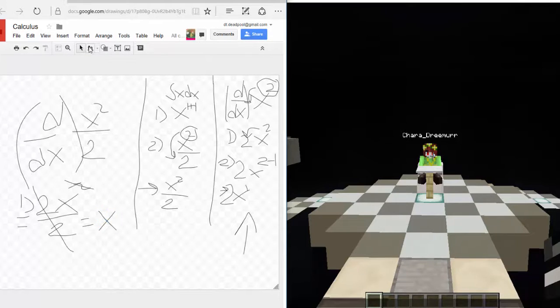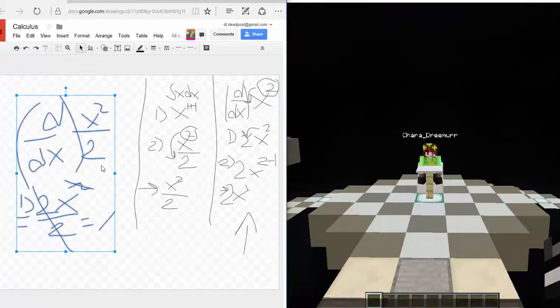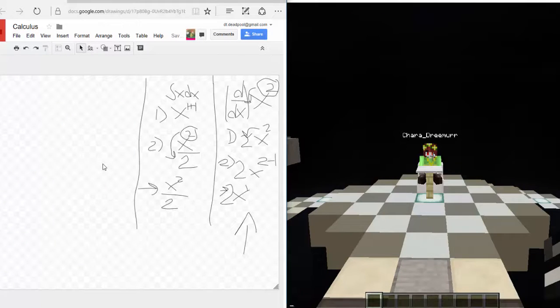And guess what? Look at this. Your answer right here is x, and what did we start with up here? Just up here, sorry, before we took the integral of it. x. Yeah, x, x, x, x. All we did was we took the integral. Oh my gosh. Yeah, so that's how you can check if you got the right answer. If you take an antiderivative and you want to check to make sure it's right, take the derivative of it, and if it equals what you started with, then you're good. x is x, so we did the integral right.